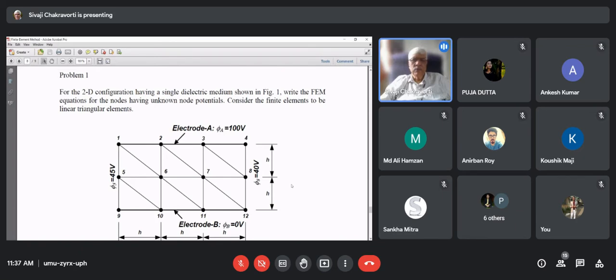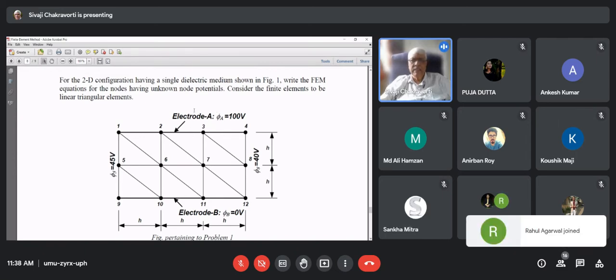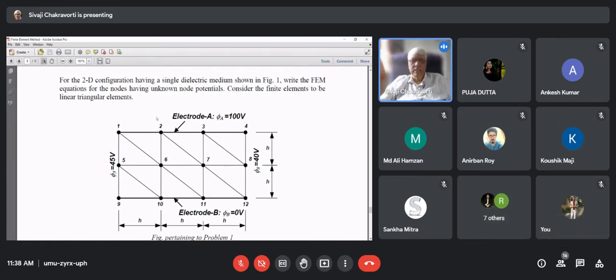Now, I have given a small example here so that you can understand how it is written. It's a two-dimensional configuration. So please remember that it's a translational case. That means the field is not varying in the translational direction perpendicular to the screen. So the top is a plate, because a straight line translated in the z direction gives rise to a plate. So it's a parallel plate configuration. You can clearly understand now. 1, 2, 3, 4 is the top plate. 9, 10, 11, 12 is the bottom plate.